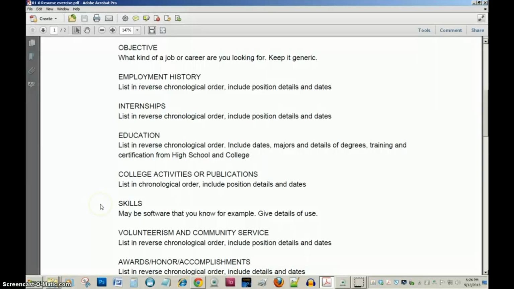Think about each one might start with a bolded name of the thing, and then dates, and then you'll go on to the description. Skills, these probably are not chronological. This might be software that you know, writing skills that you have, special things you can categorize that you've learned. So you might list introductory skills in HTML.